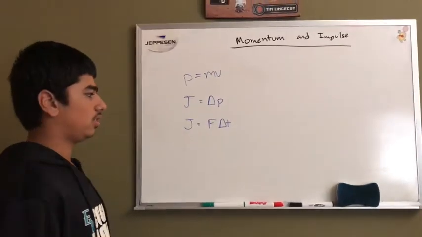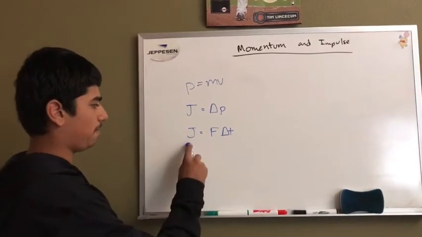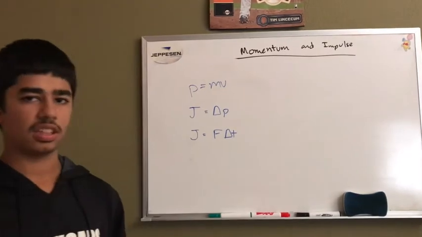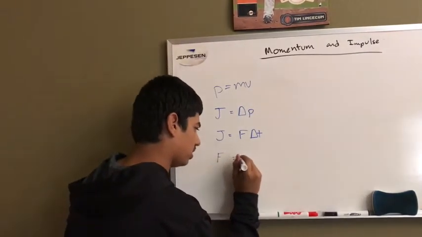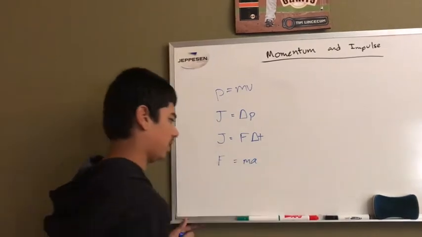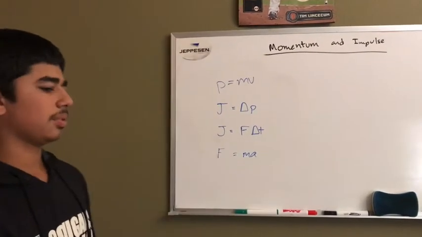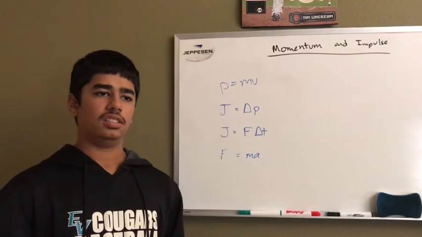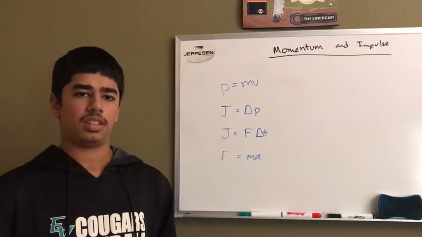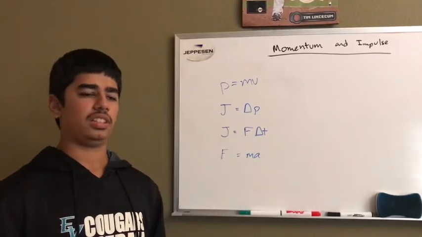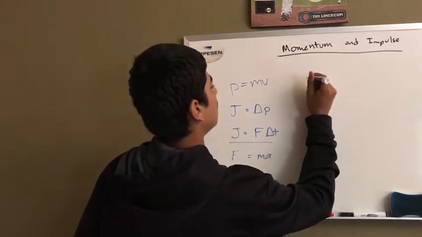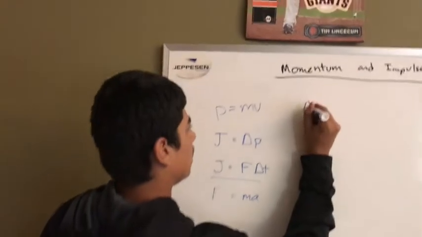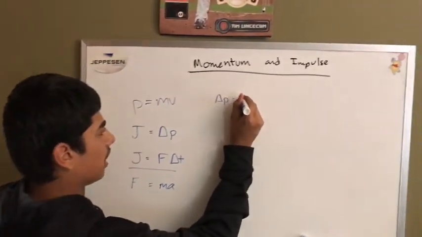Okay. So to prove our impulse equation here, we're going to use Newton's second law of motion, that F, the force exerted on an object, is equal to the mass multiplied by the acceleration. And in doing this, we're also going to discover some key relationships that are necessary for solving problems related to impulse and momentum. Since we know P equals mv and F equals ma, we can also say delta P is equal to m delta